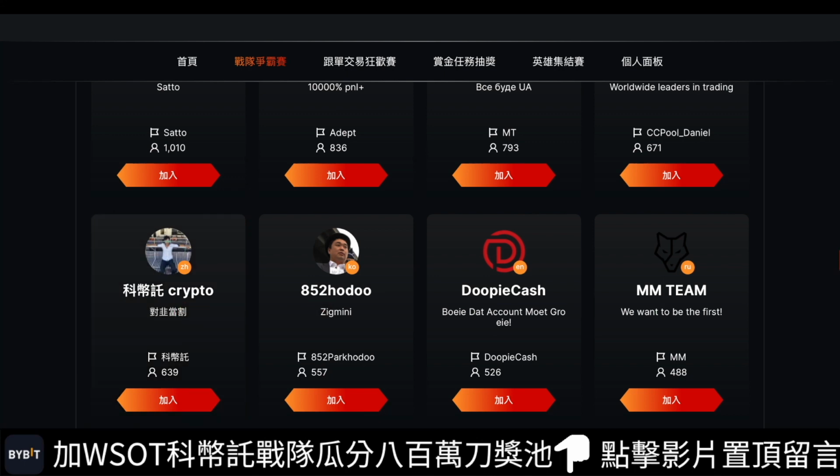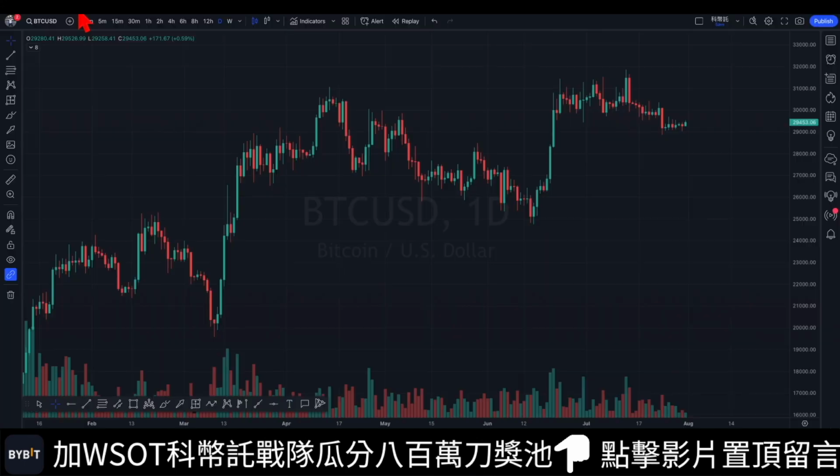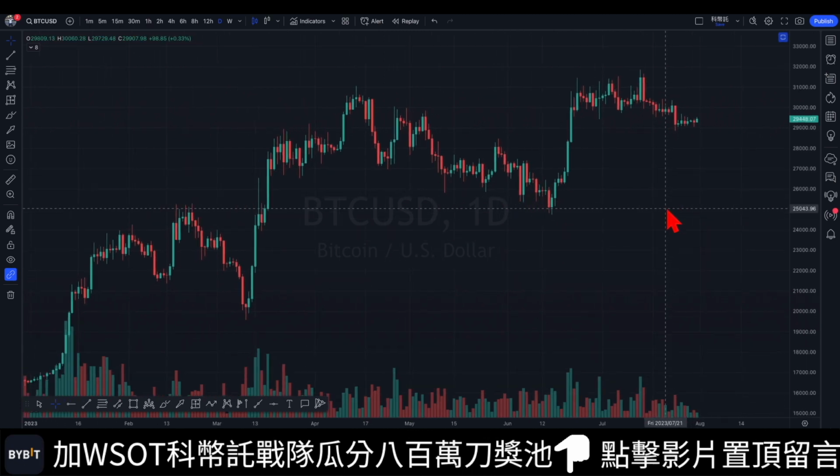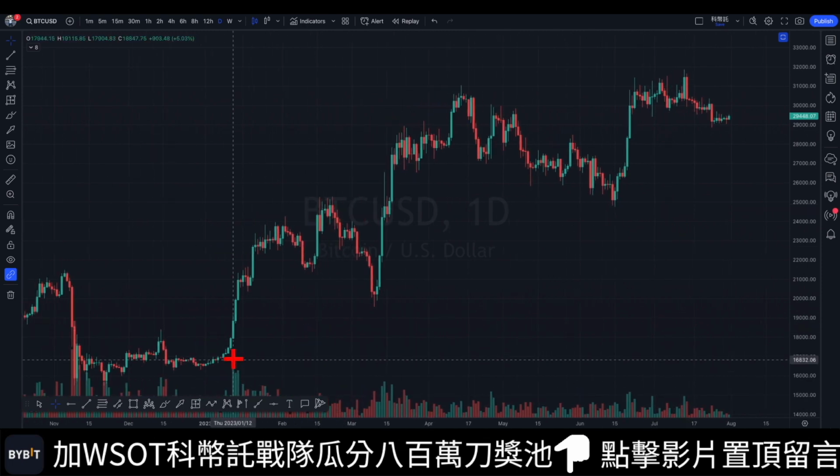Now, let's return to the Bitcoin market analysis. Looking at the daily chart, if we zoom out on it, we can identify a particular pattern forming by further zooming out on the chart. This is overzoomed. Let's observe this.